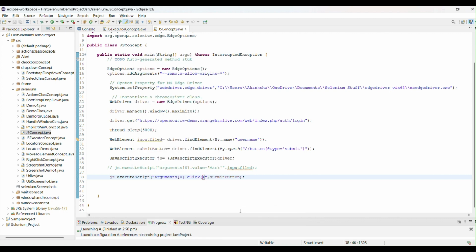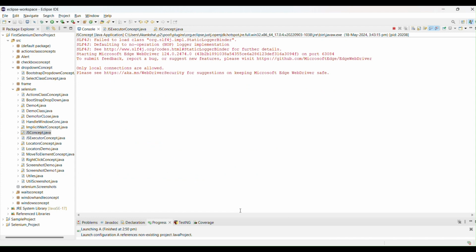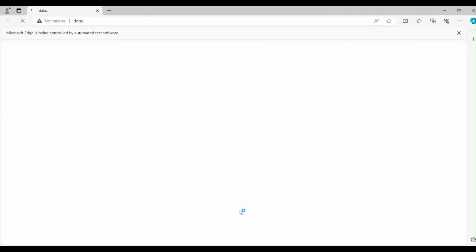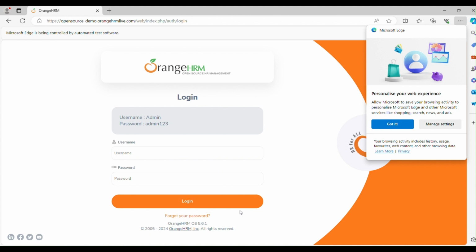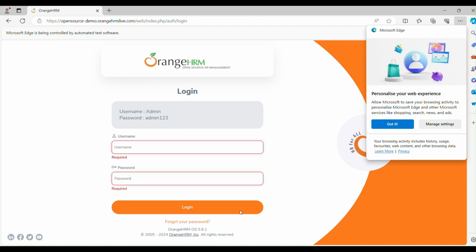Let's run this again. See, so when the click operation performs, these two values are required because we click directly. We didn't enter any value. That's why we are getting this error, right? So click operation performed. That's why we are getting these red alerts, right?